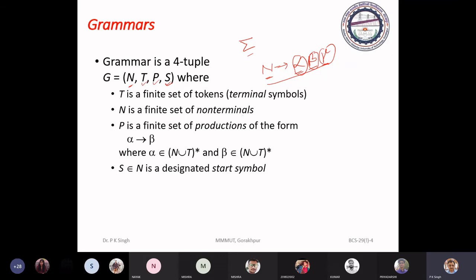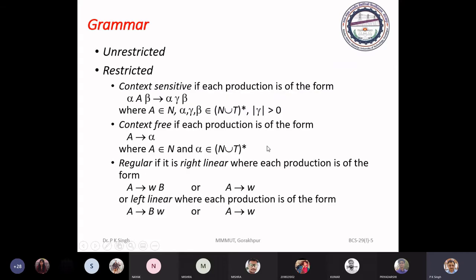Means any string of the language must be generated from the start symbol using various productions.